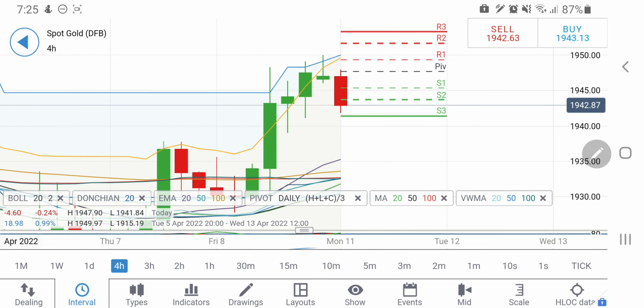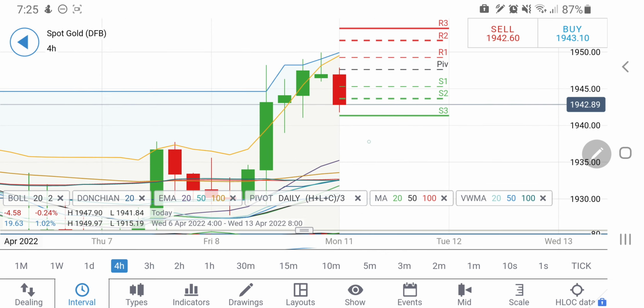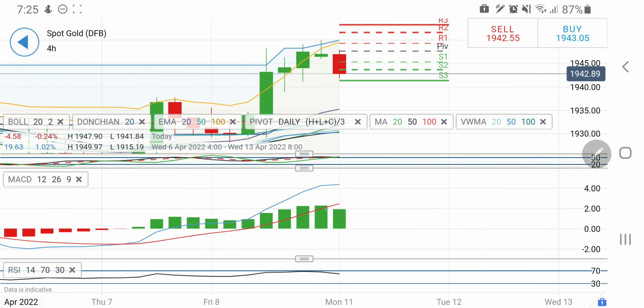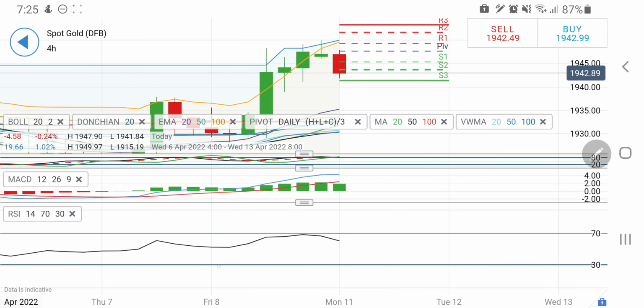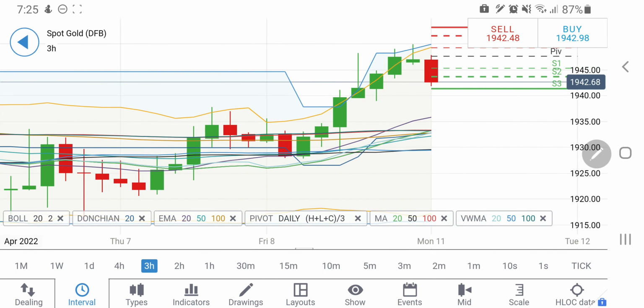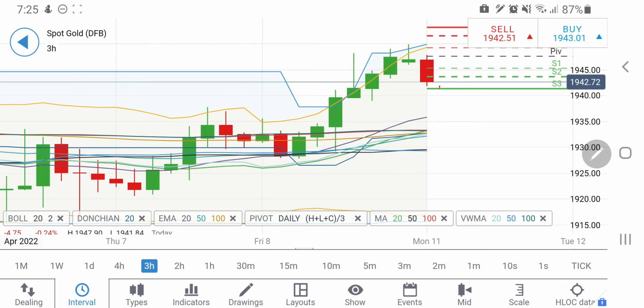Right now, till the time it remains below 1950, I will not recommend you to go long here. Now look at this. The 4-hour stochastic is overbought. And look at the MACD, it is so divergent that it needs a couple of green, red candles to make them converge again. On the 3-hour charts, it's red, and maybe we can see a couple of red candles which might take it towards 1930 levels, and below that also it is possible. I will give you the levels.